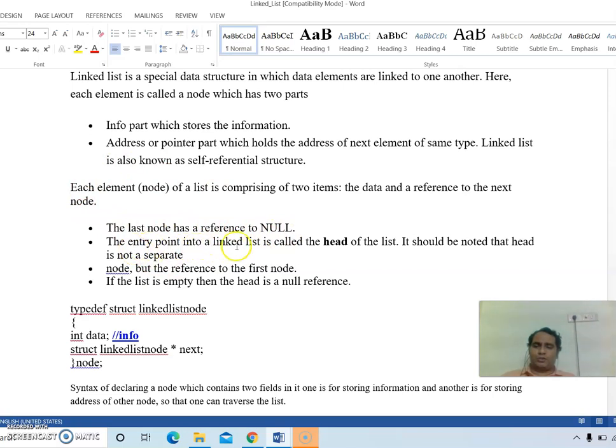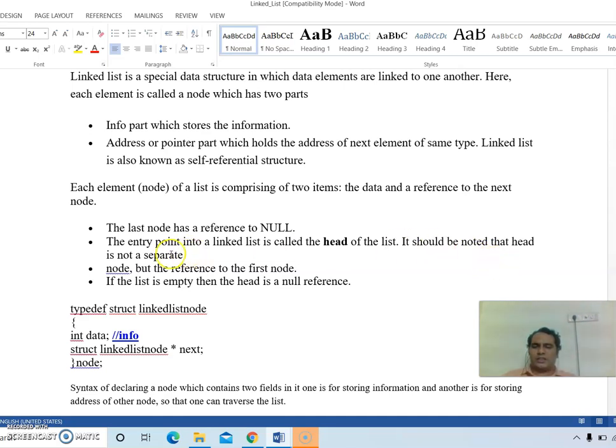The entry point to a linked list is called the head of the list. Because it is all dynamic memory allocation, when the first node gets created, the address is to be held in a pointer, that we call the head.